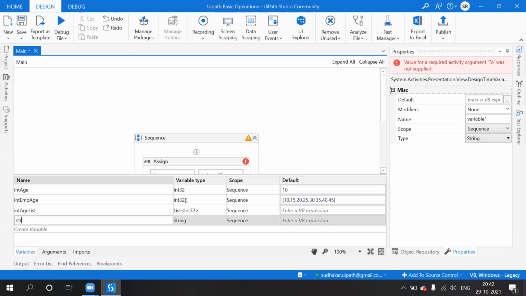I am going to create a string dictionary variable. So I have created one variable.